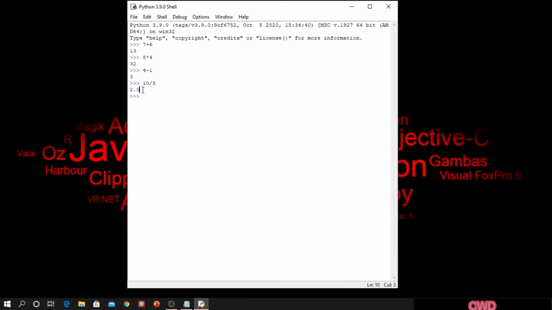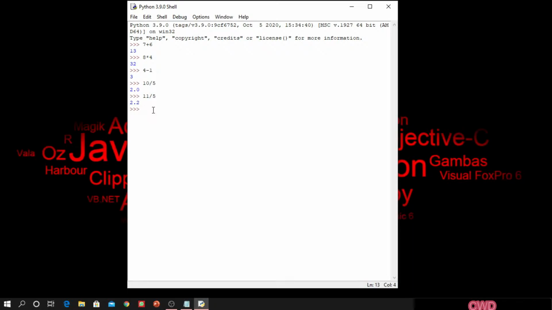Right? Why? Because whenever we are dividing any value, it will give us the value in floating point, because there may be a chance that after division the answer can be in decimals. For example, if I divide 11 by 5, you can see 2.2 is the answer.